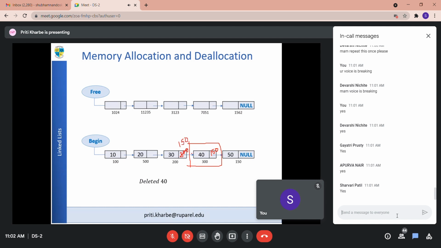So when I say this address is 150, that means I have linked the third node with the last node. Do you get it? Right? When I say instead of 300, if I write 150, that means now my connection is from this third node to last node. That means fourth node is totally removed from the list, right?